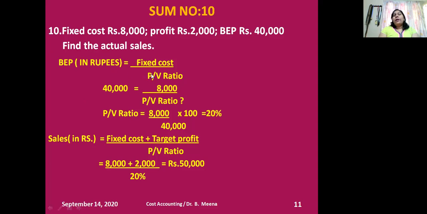In the rupees formula, the denominator will be PV ratio. I said in the previous video, fixed cost divided by PV ratio. BEP in rupees is how much is given? 40,000. I write it on the left hand side. Fixed cost is 8,000. PV ratio question mark. So cross multiplication. PV ratio will go that side. This 40,000 will come in the